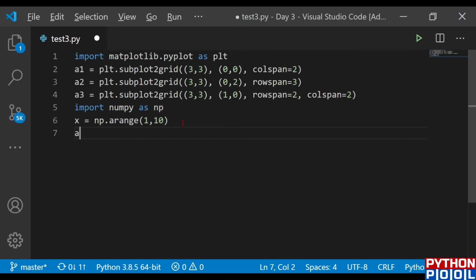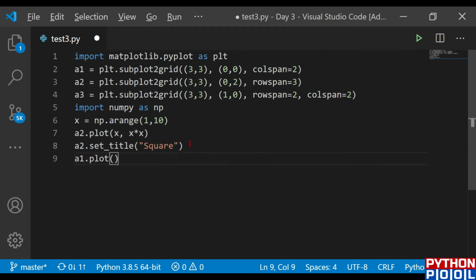So in the a2, I'm going to plot this as the square. So simply my a2 plot would be the square plot. Okay, and I'm going to set the title also, the set title function. And the title I've set is square. Okay, so that's for my a2. Now for the a1, I'm going to plot the exponential function.